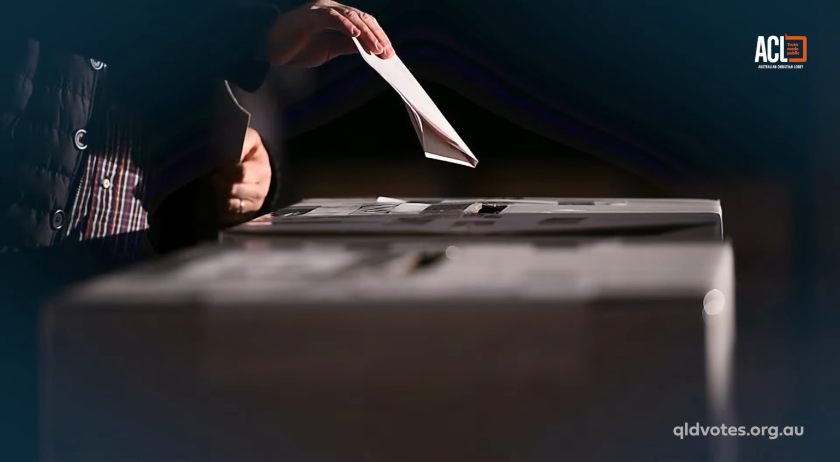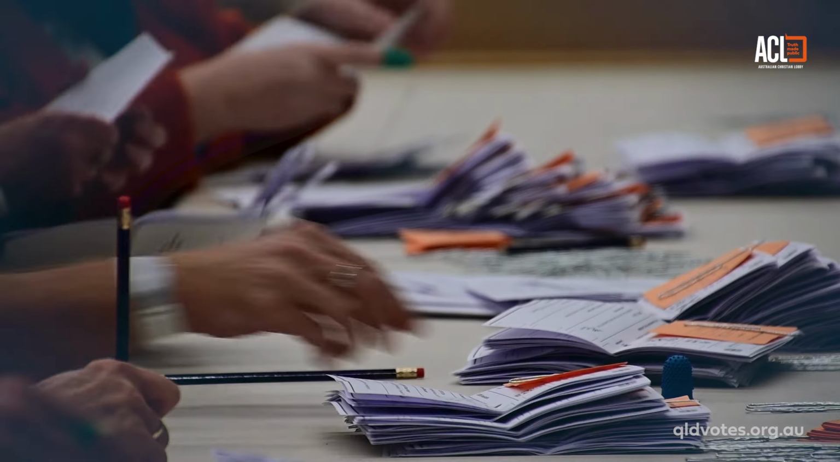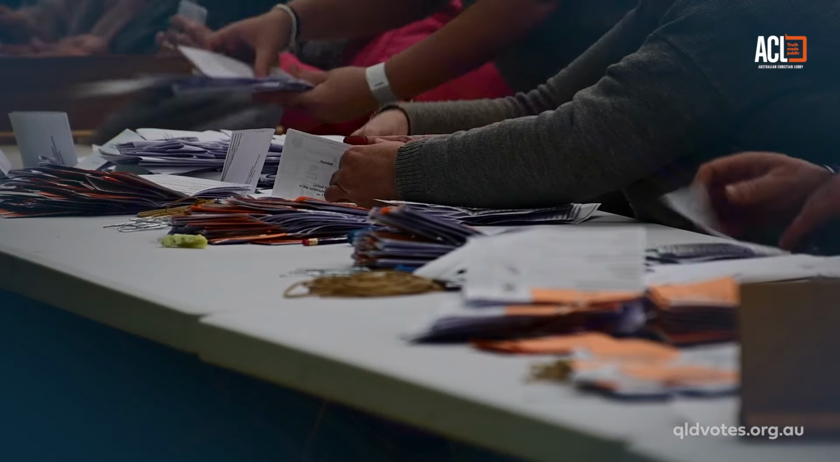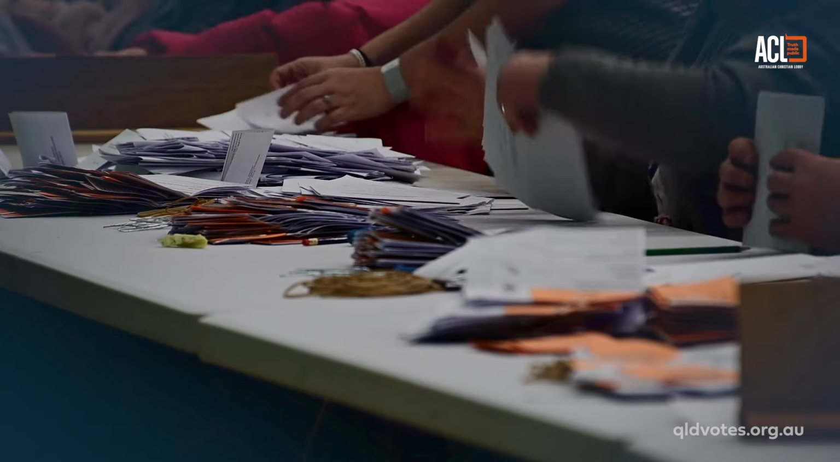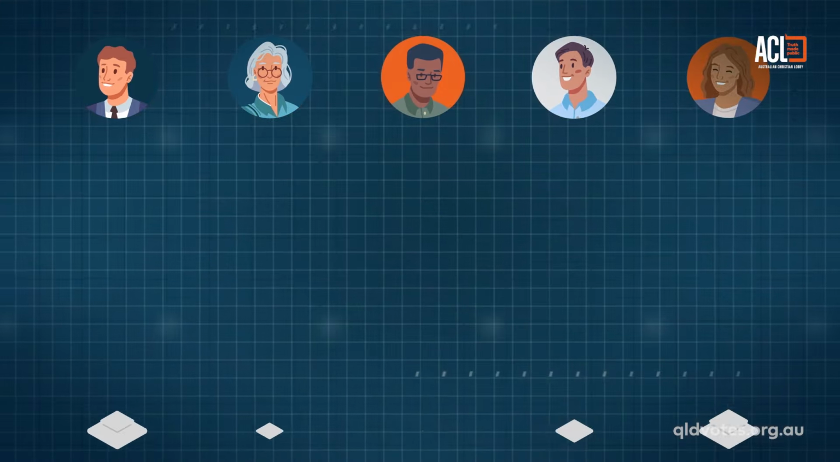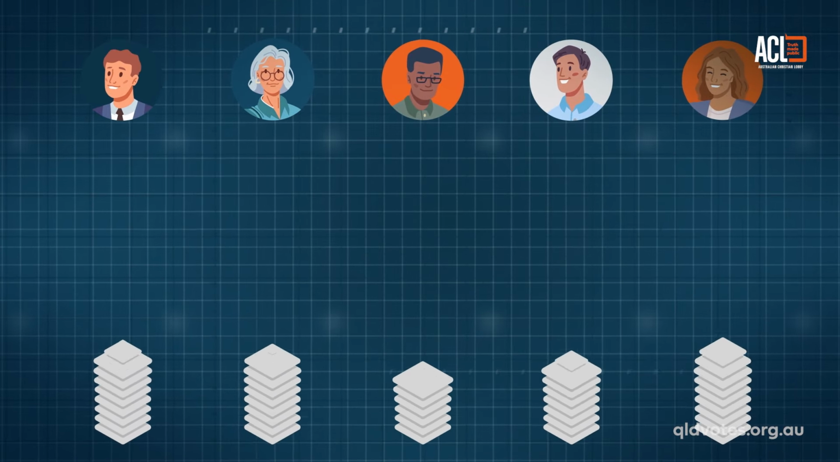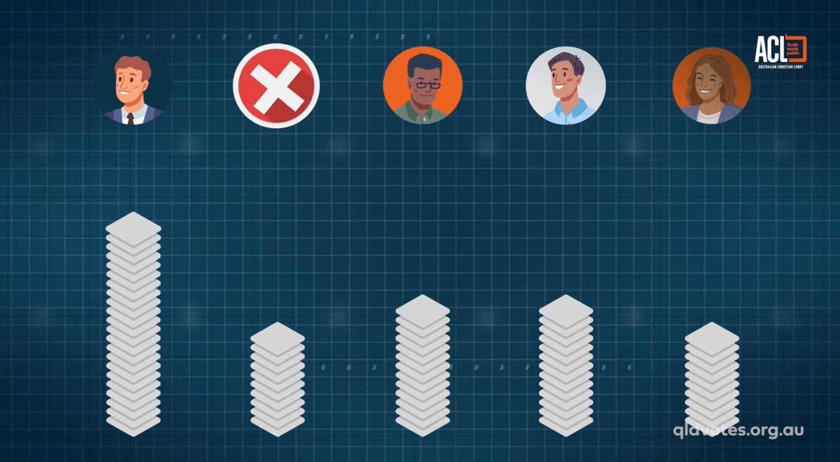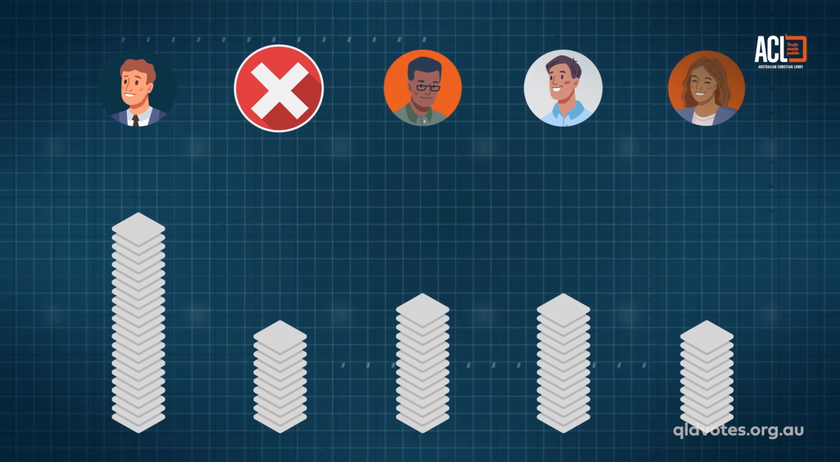Once polling booths close at 6 p.m. on election night, votes are counted. The first step is checking each vote is formal and ensuring all boxes are properly numbered on the ballot paper. Polling officials then count first preferences by looking for the number 1 next to a candidate's name and allocating the vote to that person. Next, the person with the lowest number of first preference votes is eliminated from the